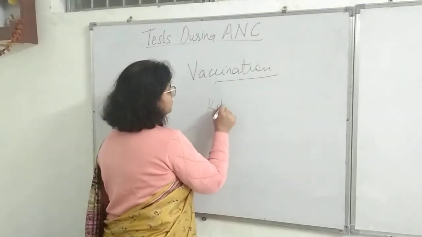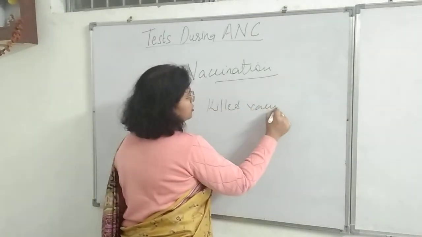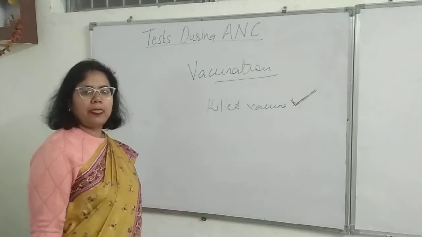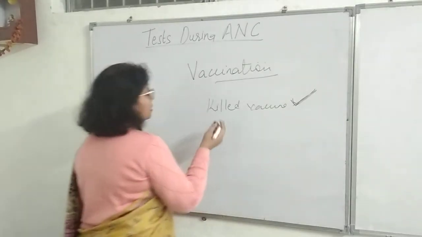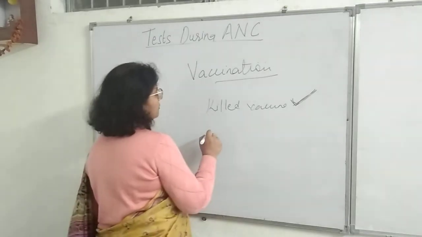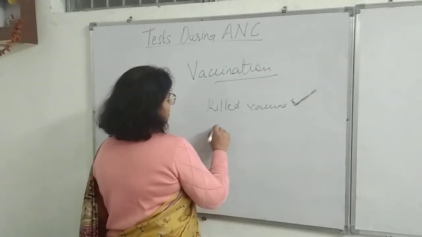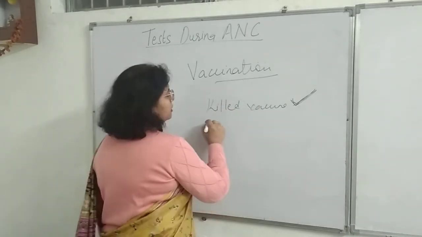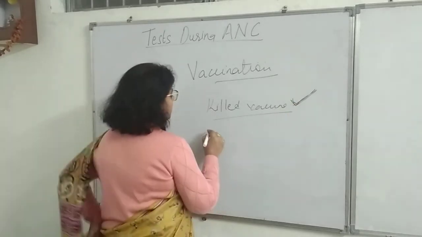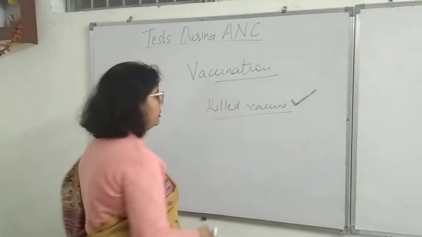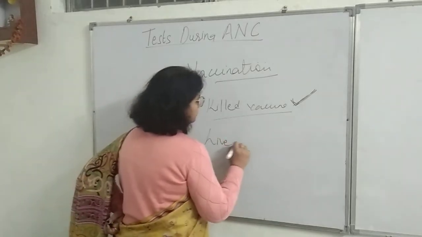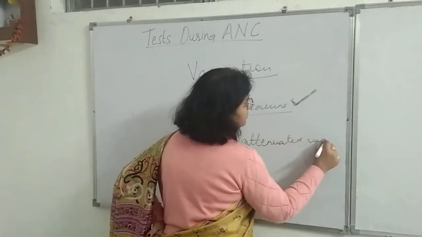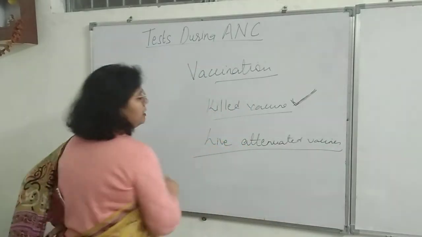Killed vaccine? Yes. You can give. Yes. You can give any killed vaccine. Okay. Now, like tetanus toxoid, it is not even a killed vaccine. Okay? Killed vaccine can be given, only and only. What are to be avoided? Live attenuated vaccines are to be avoided in pregnancy. Preferably